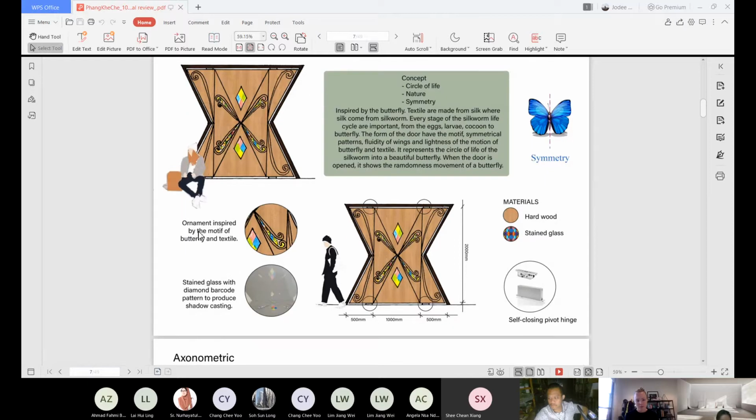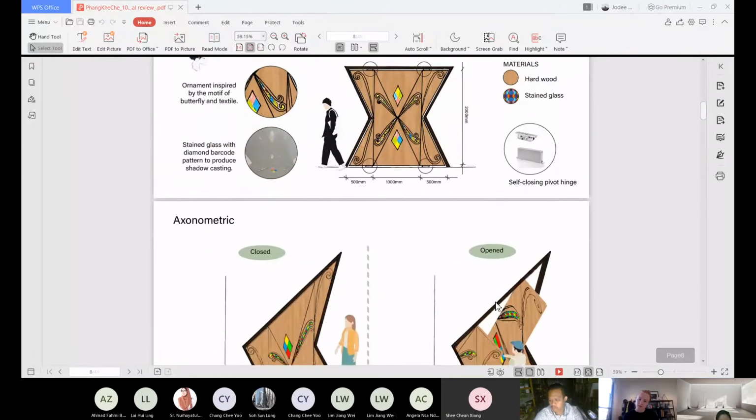And the ornament is inspired by the motif of the butterfly and textile. The stained glass with a diamond barcode pattern will produce beautiful shadow casting. The materials used are hardwood and stained glass, and the door uses a self-closing pivot hinge.